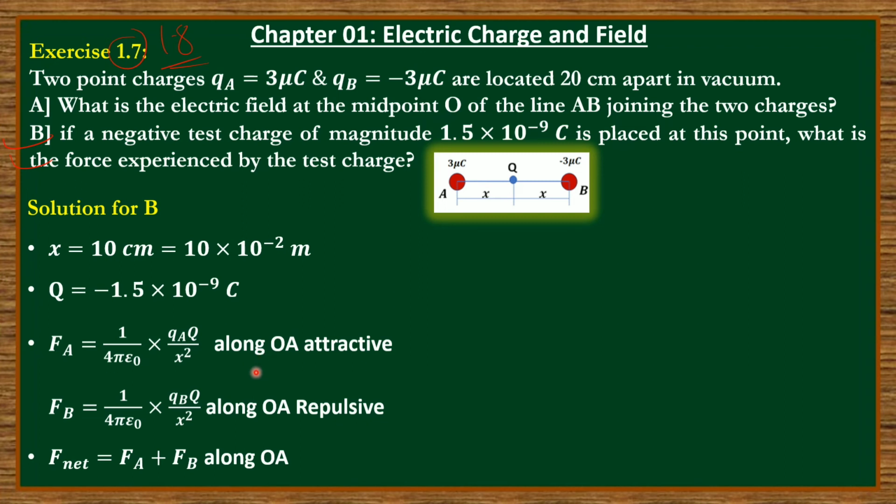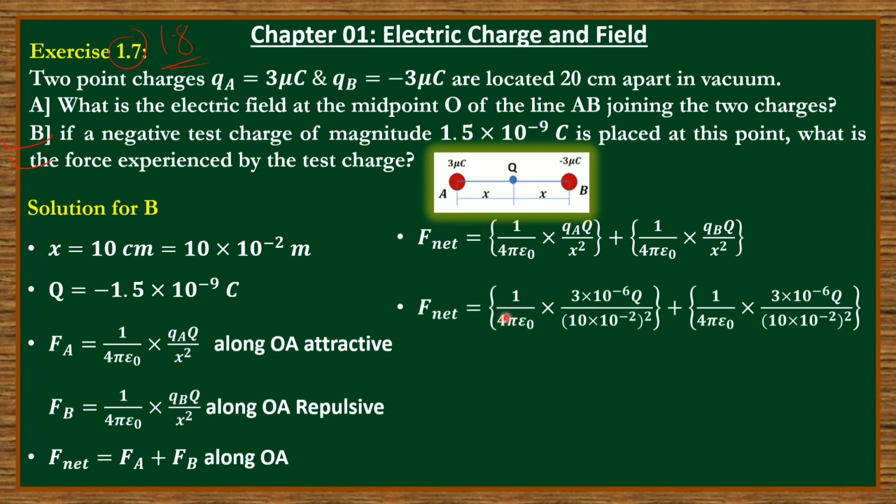If you do the vector addition of these two forces, do the vector addition of FA and FB. Okay, angle between FA and FB will be 0 because both are in the same direction. Again, under root FA square plus FB square plus 2 FA FB into cos theta. Theta is again 0. So ultimately you will get FA plus FB and overall direction along the same way. Remember this. Okay. So now put the values like this.